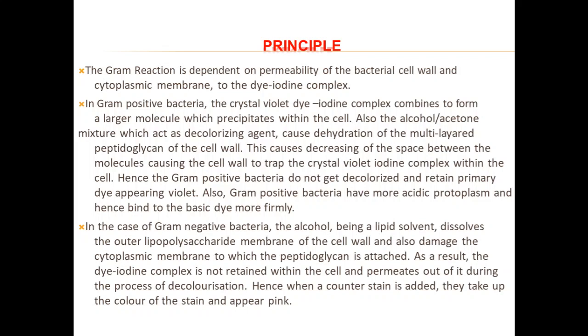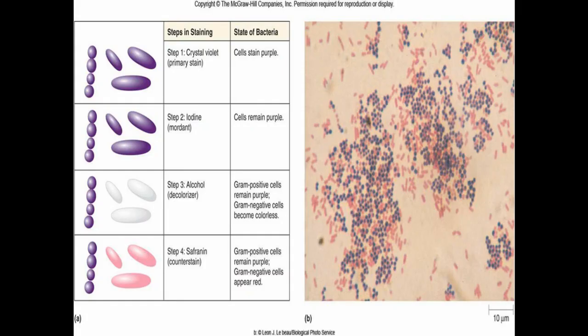And gram negative bacteria lose the primary color and are stained by the counter stain, and they appear pink in color. So I will just mainly give you the principle involved here. What we observe in case of gram positive and gram negative differentiation here